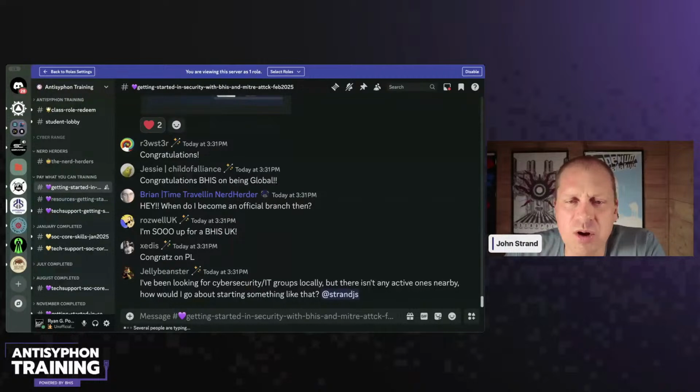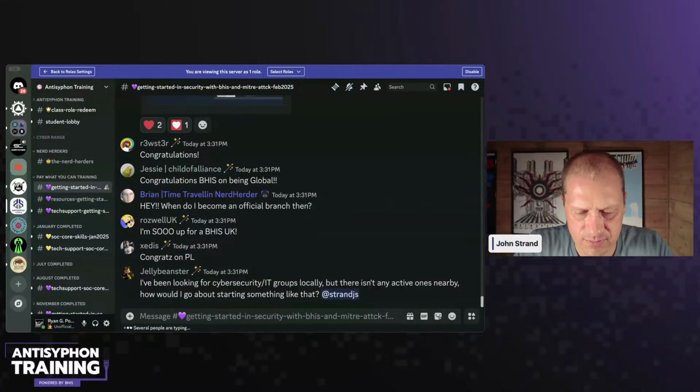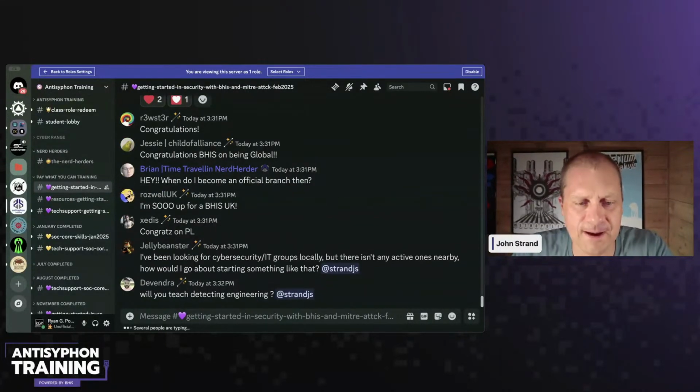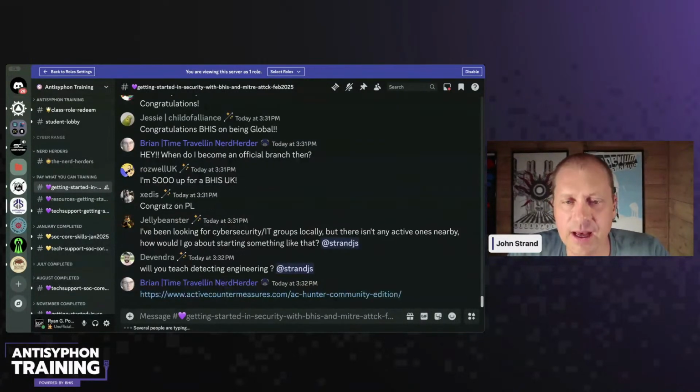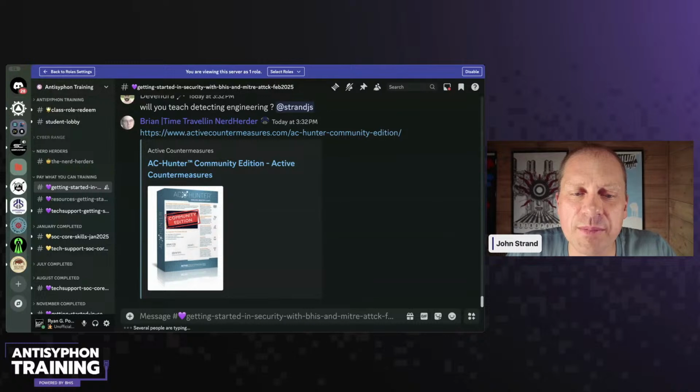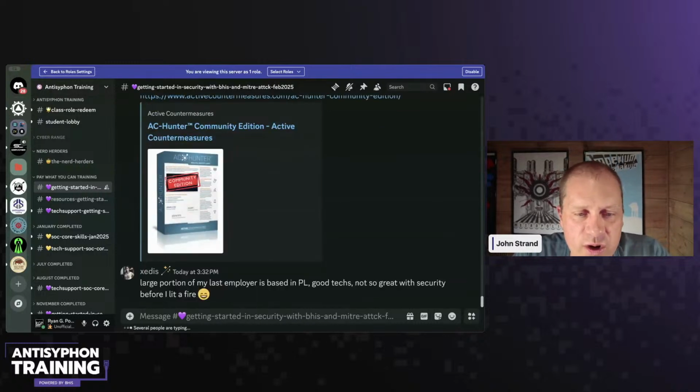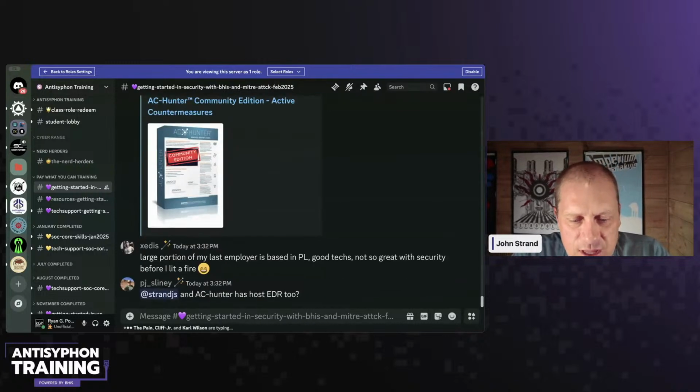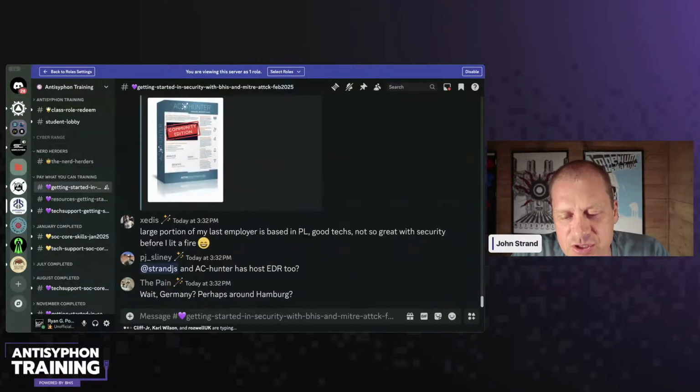I'm responsible for a small nonprofit's network. If I suspect there's an attacker, do I use Zeek, AC Hunter? Yes, you can use AC Hunter Community Edition. And this is free for everybody. And we actually have instructions to set this up in an environment without a managed switch. If you go back to the intro labs, we have AC Hunter Community Edition right here with step-by-step instructions to get it running in a lab